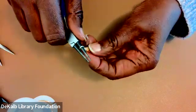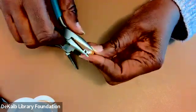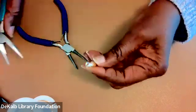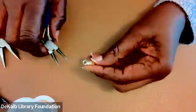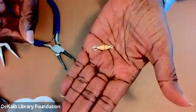Now these will work harden over time and these loops will stay in place, but right now it's still very malleable, so don't let that bother you too much. Here we go. One half of my clasp all done. And now I need